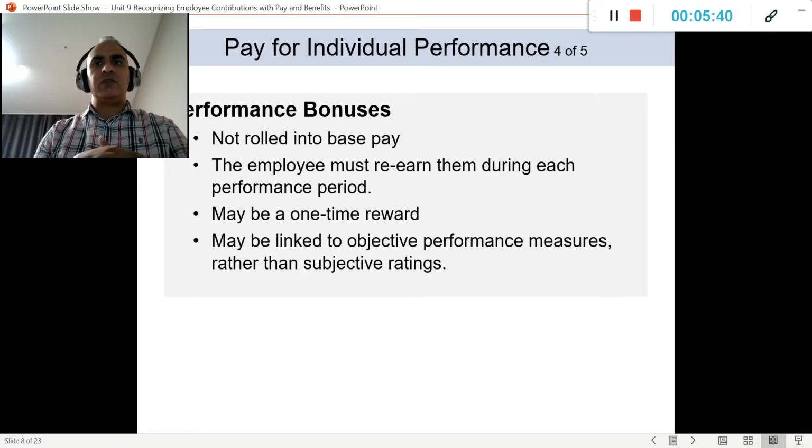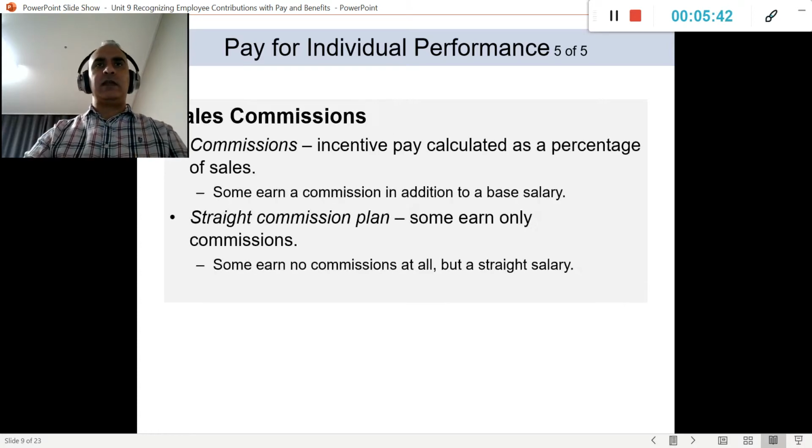If you measure the performance and you pay for it, that's great. Okay, like I said, sales commissions. You sell more, I pay you more. As simple as that. This one is also mostly